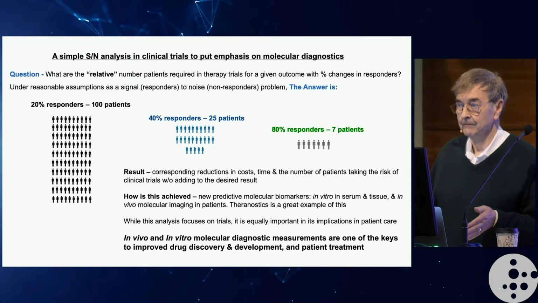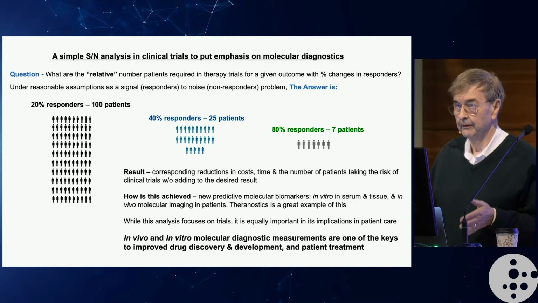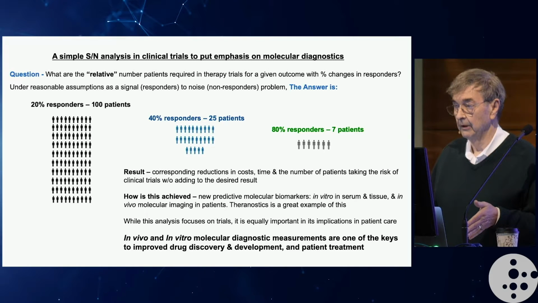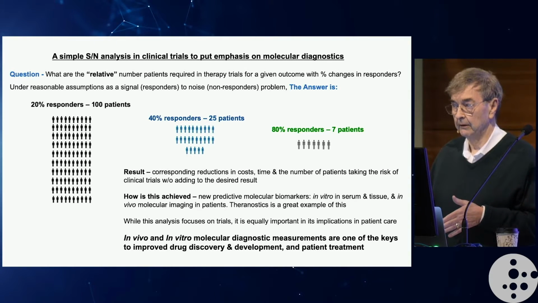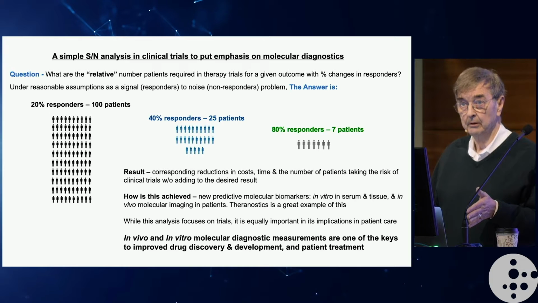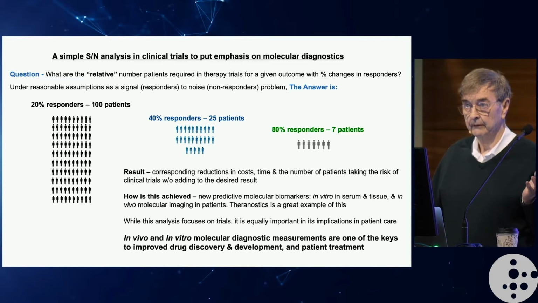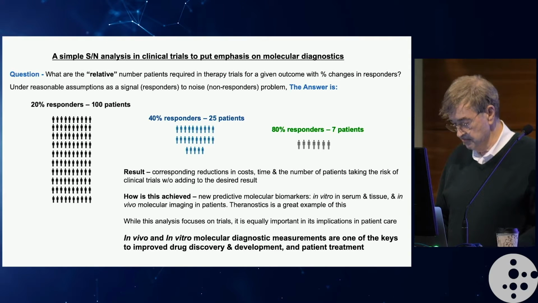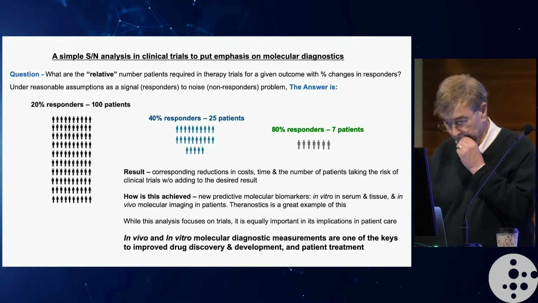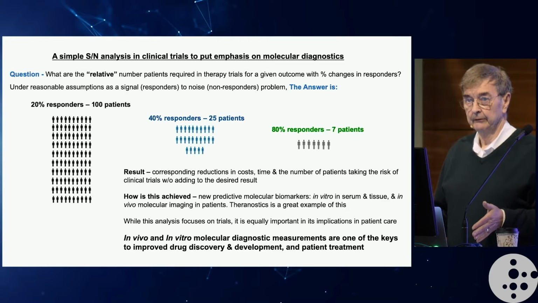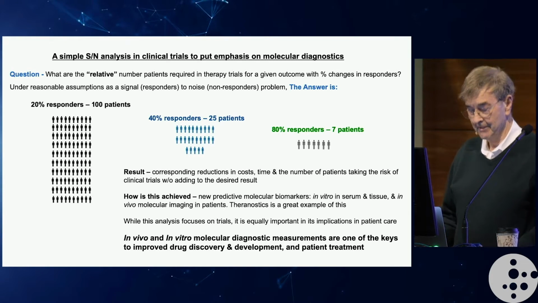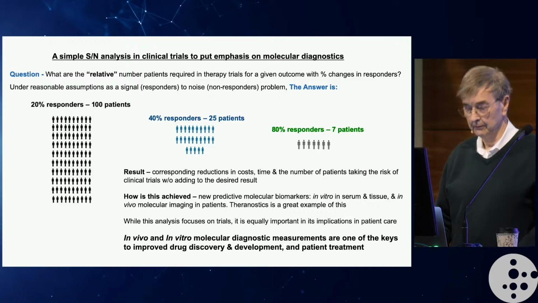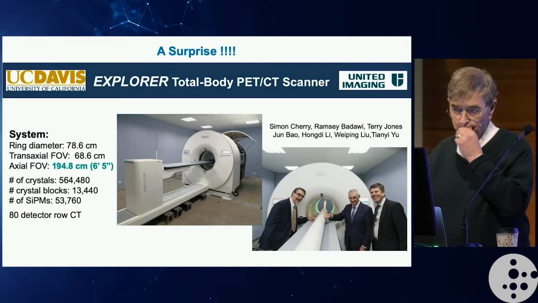Theranostics actually does that. It is not a theoretical example, it is a real example. We have the diagnostic to select a patient with very high response rates and eliminate those who don't have the target. Now, the last part is a surprise. Well, there are two surprises. So,